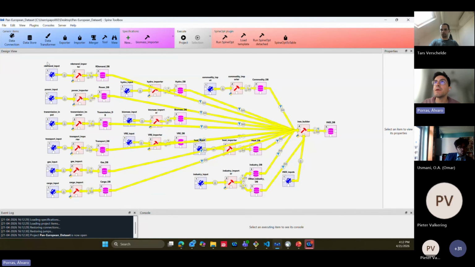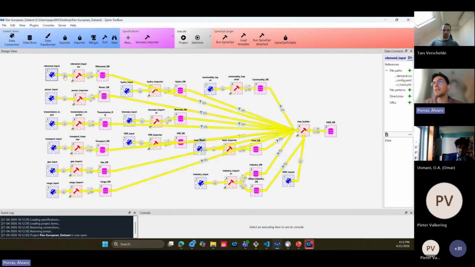And as I explained at the beginning of the presentation, we have a kind of satellite here, which are data connections, data connection points. Those items are pointing to the raw data on your laptop, basically to the data folder in the Pan-European Dataset folder. Then we import that data, or point that data, to be read by each data pipeline and each Python importer.